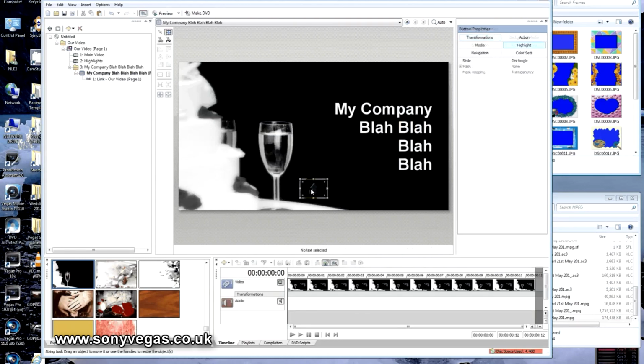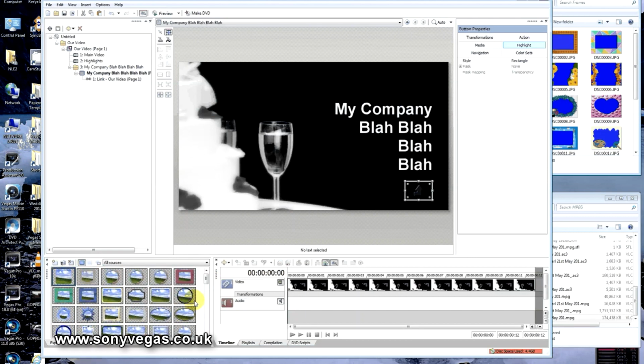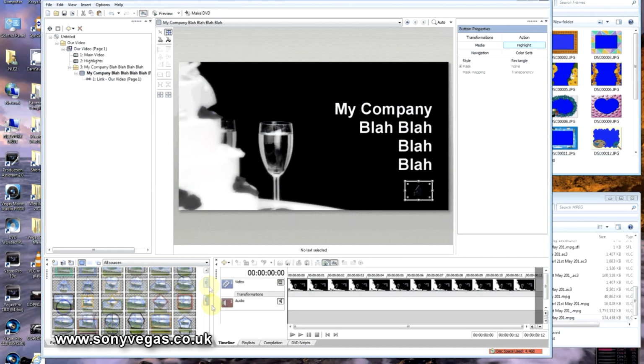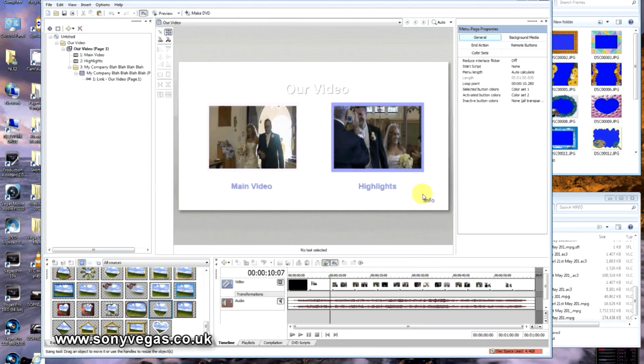There's a little icon there that takes us back. Perhaps we want to move that there. Perhaps we don't like that button. We come over here and find a different type of button that perhaps we do like. Let's see one I like actually. There's loads of little options there that you can pick on. And we're back to the beginning. And that's